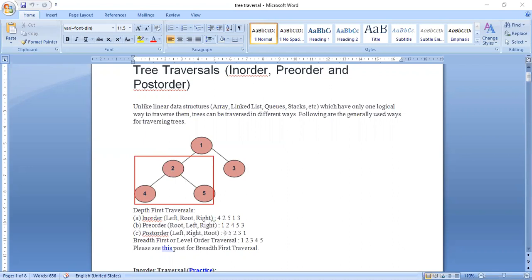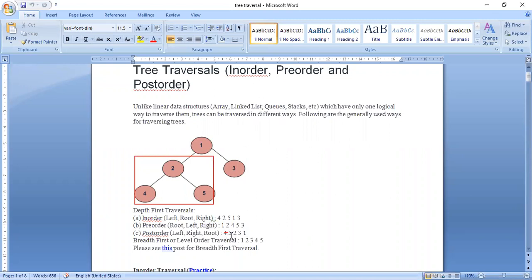So you can see here 4, 5, 2. Next one is 3, that is the right child. First is the left part, next is the right part. In the right part there is no right subtree, only a right node, so I will print 3. Next is the root, so the root or parent node will be printed at the last.